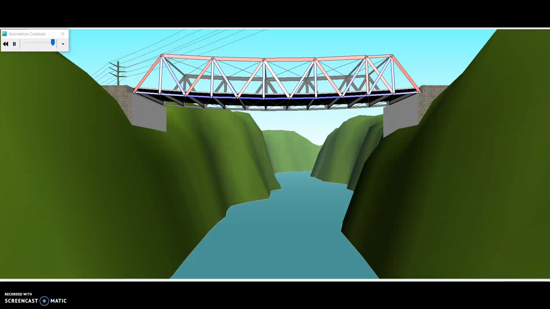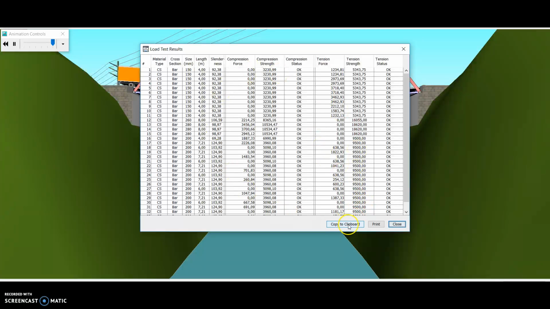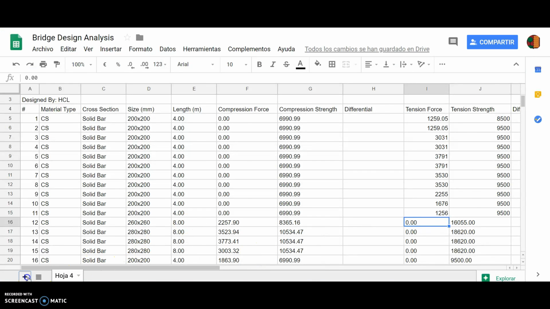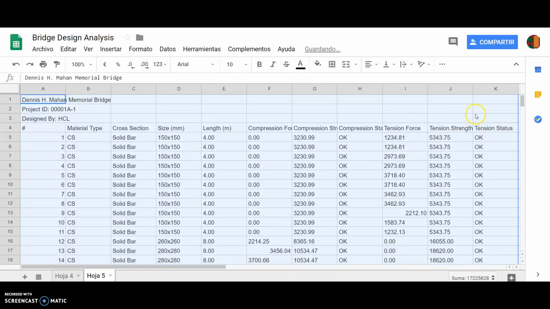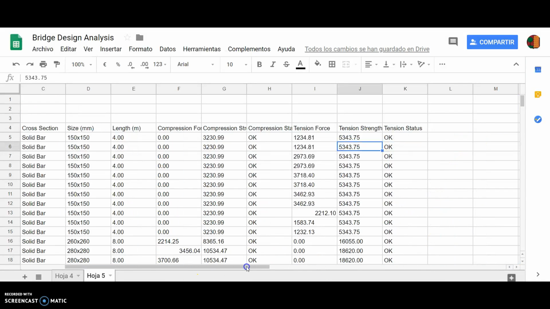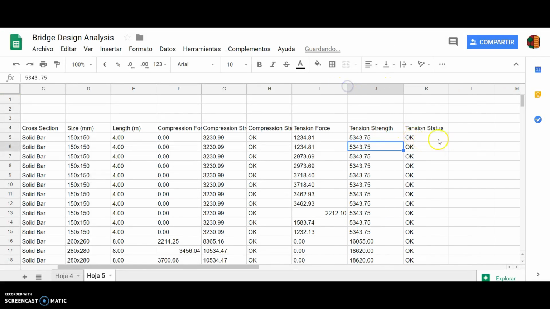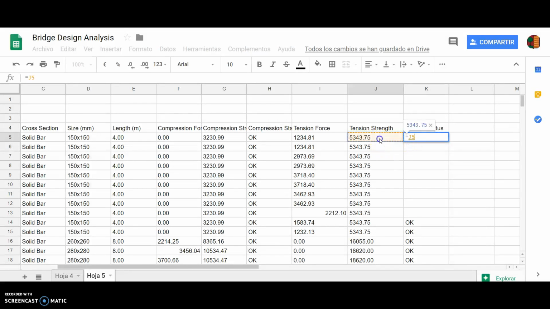And what we can do is collect again the data from here. So we're going to copy it to clipboard and go back to my sheet and add another sheet and paste the data. And as you can see here, in the strength and the force again, just delete this. Okay, put the formula on. Good practice for the formulas, and take away that, and 5343, in fact it's 5343 for all of them,